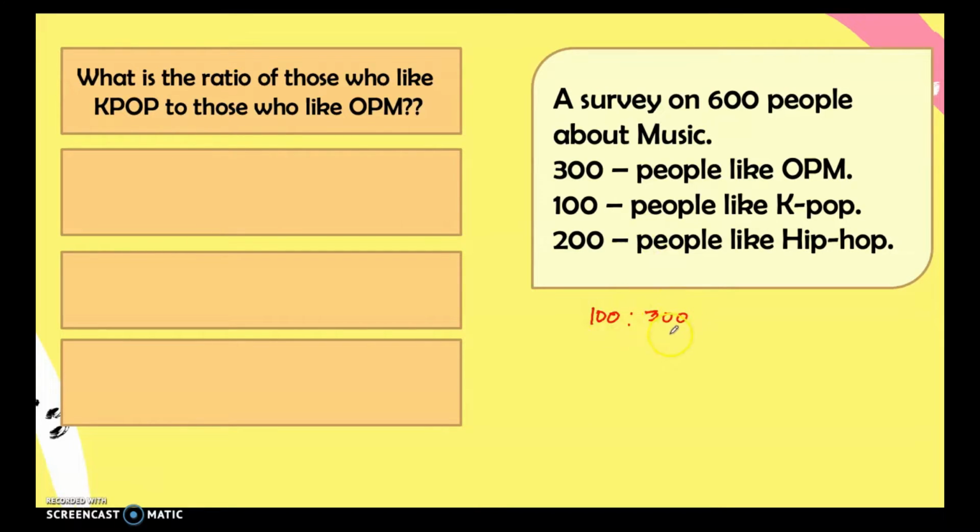And since we need to simplify in simplest form, our answer is 1:3. Order is very important in naming a ratio because each number in a ratio corresponds to a certain quantity being identified. So if the question mentioned first the K-pop, then you write in the first given ratio or term, which is 100, and next